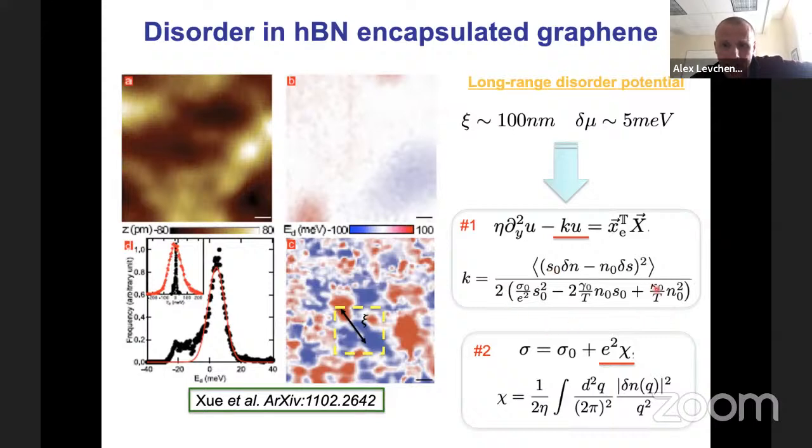As you can see, this denominator here is quite complex. It means that this friction coefficient is extremely strongly dependent on particle density and temperature, and in general, it's very difficult to calculate it. So it's one thing. Second thing is that various quantities that enter these macroscopic hydrodynamic formulas are renormalized by this disorder.